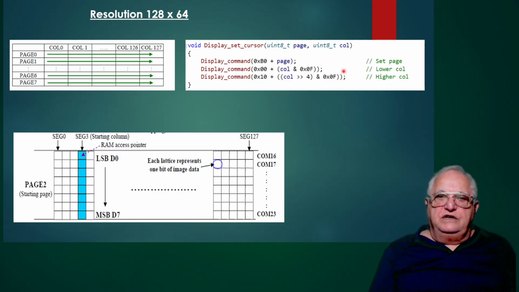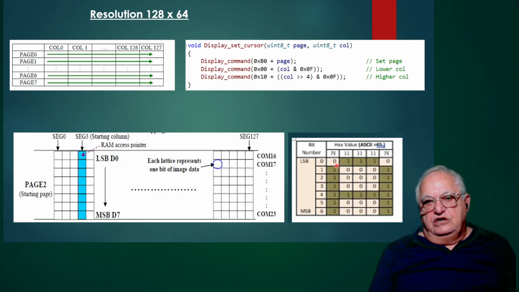So you break your word into 2 pieces. You send the higher portion and the lower portion. So that gives you your page and your column. You know where to get this way and how to go this way. Now,